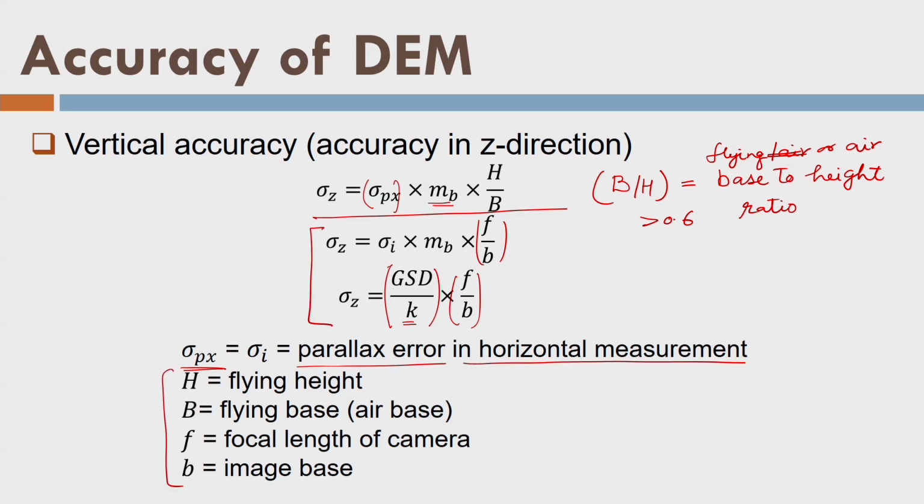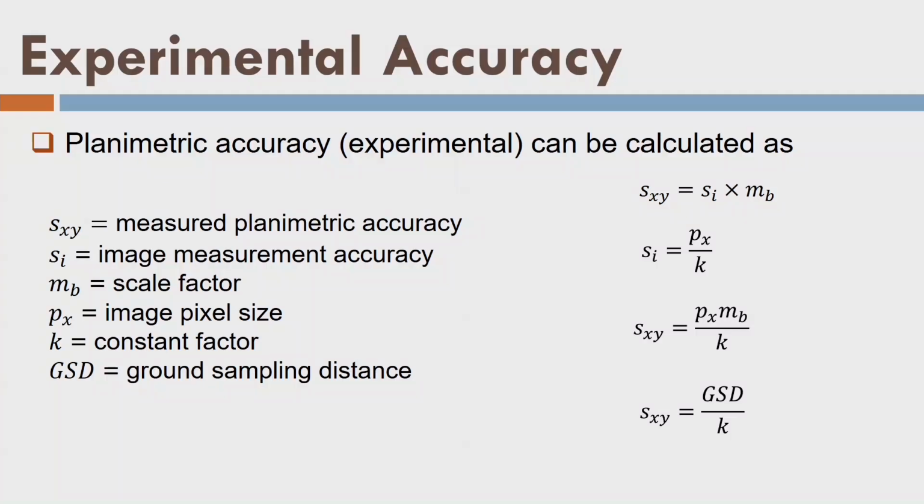So now you can understand what is the accuracy of a DEM. I can also find out the accuracy of the space intersection process, which will be a little complicated, but these are very simple processes to give some estimate of the accuracy of a DEM. So far we have determined the accuracy by estimates or by some kind of mathematical calculation.